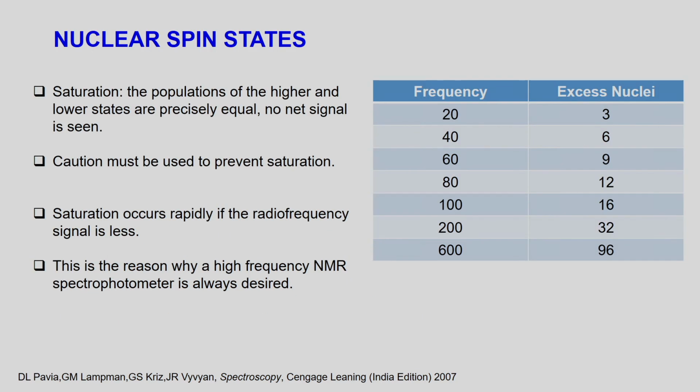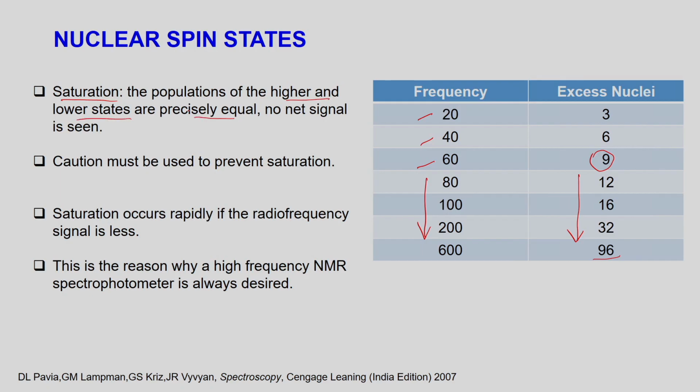So, if you see how it increases, if we apply more and more energy, you will get higher and higher excess nuclei. I have increased the frequency, say 60 megahertz we were looking at, it gets around 9 excess nuclei. If you have 20, 30, 40, as you keep on increasing the energy supplied, you get higher and higher excess nuclei. That is how you try to do any NMR experiment at a higher frequency, because at a higher frequency, you have a higher number of excess nuclei in the lower energy state.